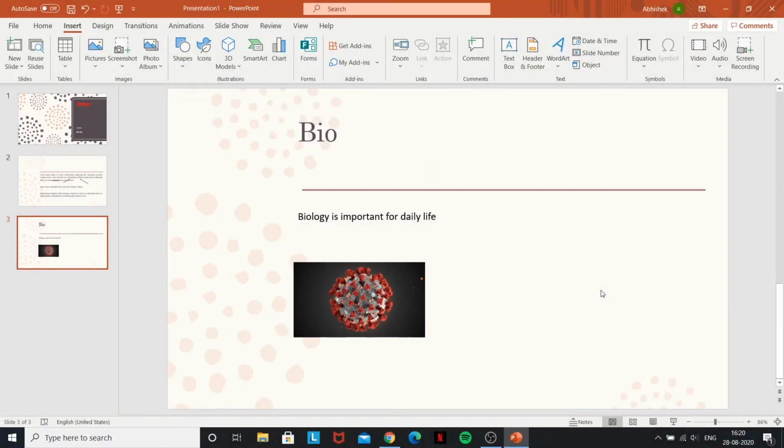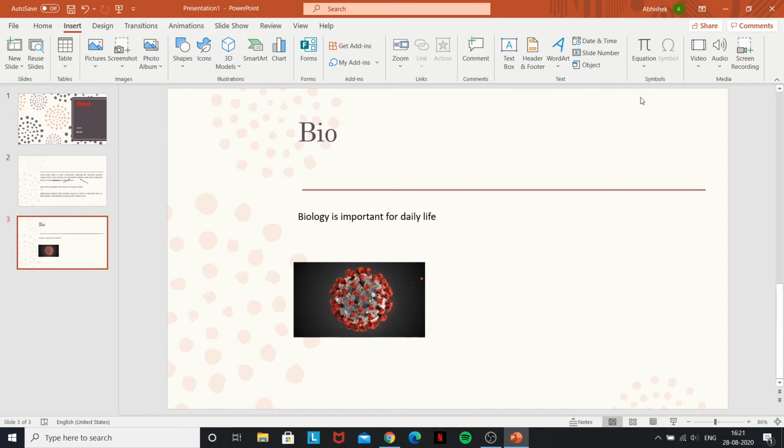The next insert function will be equation. And a lot of teachers usually don't use word processors like Microsoft Word or PowerPoint because it's very hard to display a complex equation without the proper formatting tools. It's very difficult to write it down in a way that students can understand it and in a way that teachers want to show it.